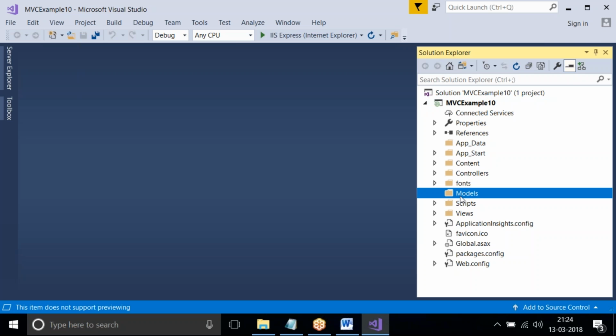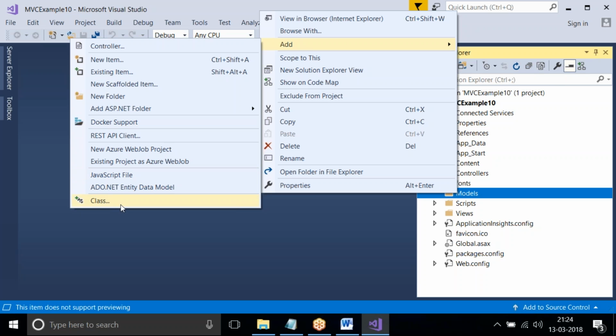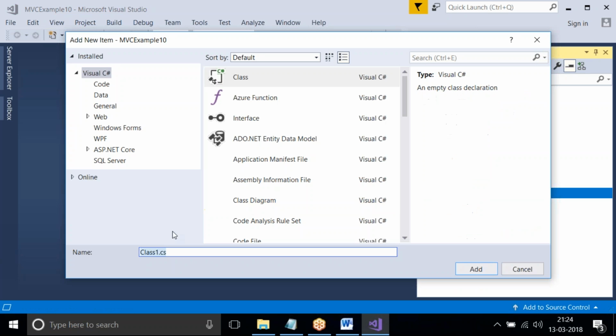So, creating the model: right click on this Models folder, add a class. Here I'm giving the name as UserModel.